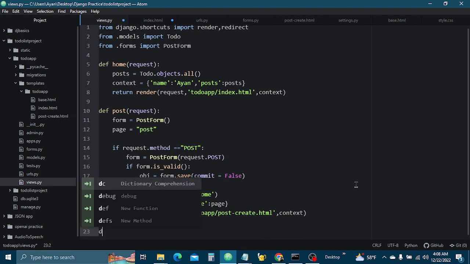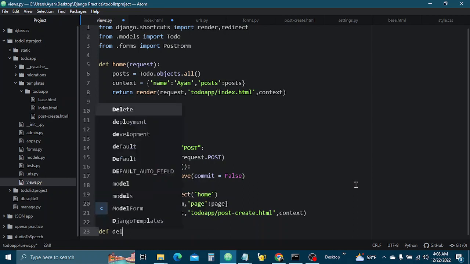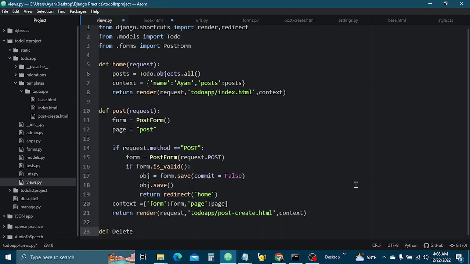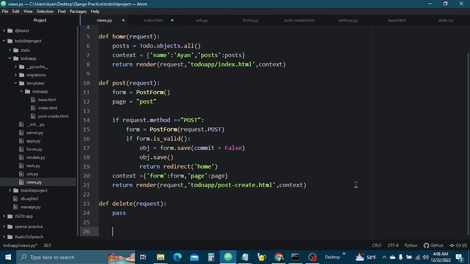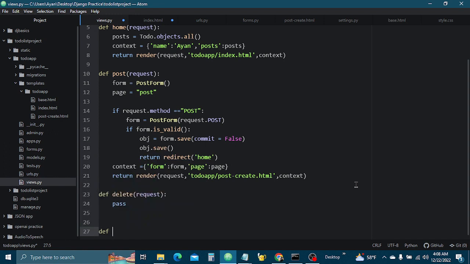Deleting posts is much simpler. So we will check the delete post later. For now, just request, and we'll just add pass for now. Def update,